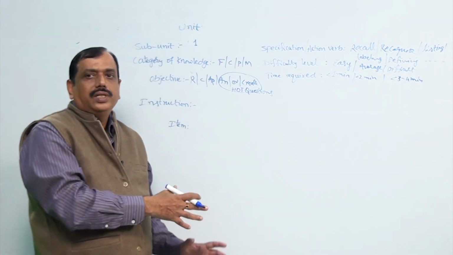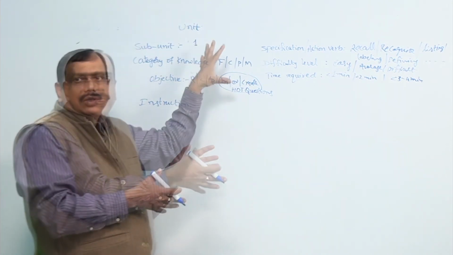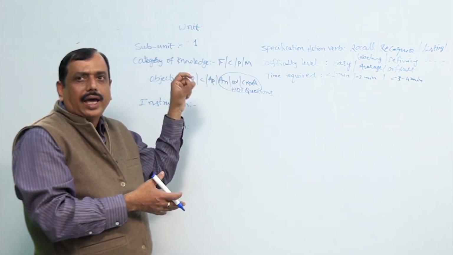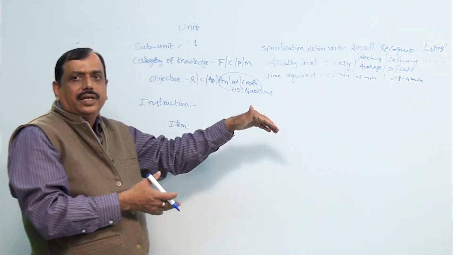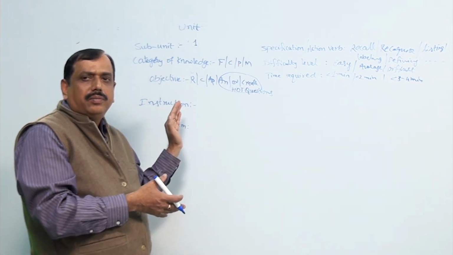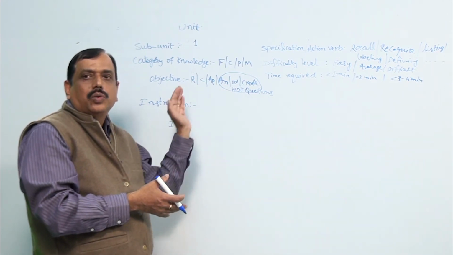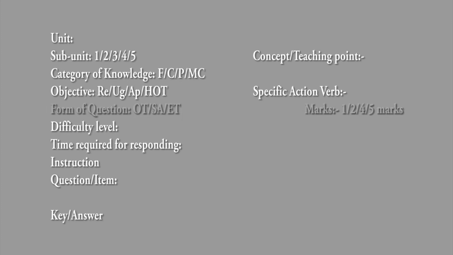So, once all these specifications are fixed, we are translating the specifications which are given in numbers into actual actions in this particular format. Once these parameters are fixed, now your task is to write the questions. Another important factor that you have to consider is the forms of questions you are going to adopt. It is this form of question which tells you whether the question is trying to test all the above said factors or not.